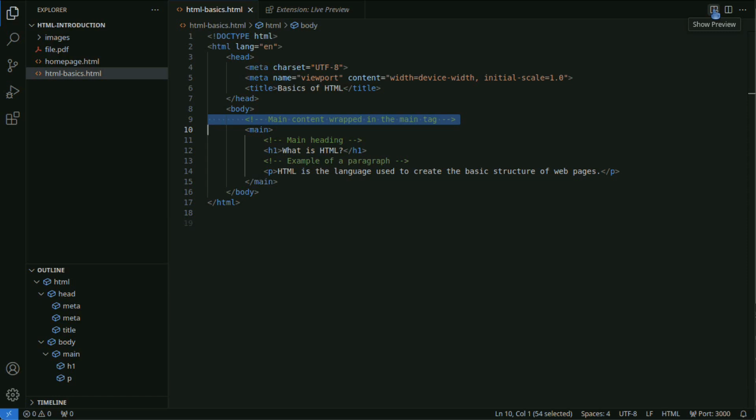HTML has many tags, but pay attention to the following points here. An HTML file consists of a doctype declaration and one HTML tag. The HTML tag contains one head tag and one body tag.